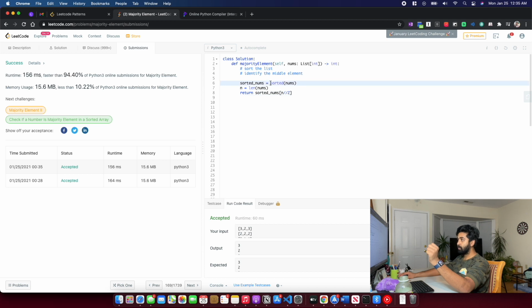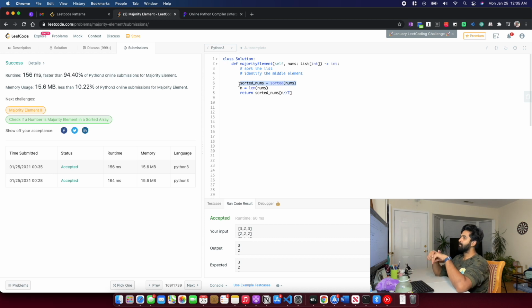But here we are sorting the list, so the best sorting time complexity we can arrive at is n log n, other than some special conditions. But here, assuming it's a general case, it would be n log n. So the time complexity for us in this example is n log n, and the space complexity is O of 1, right? Because we are sorting, ideally it is O of n in this specific case because we're duplicating the